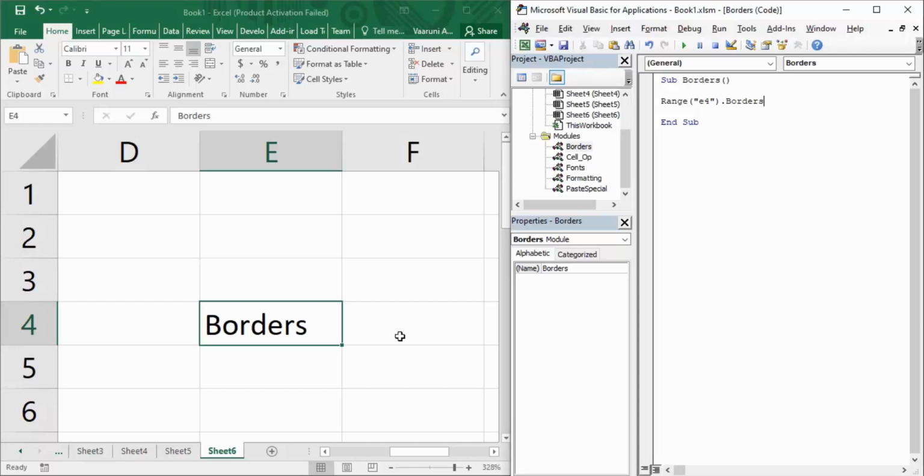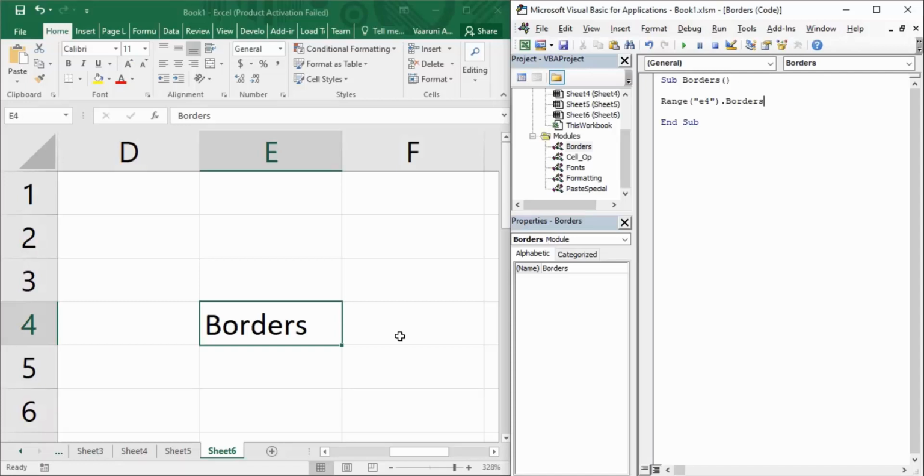To apply the basic borders, there are three main options that we must consider. First, the border style, that is, what is going to be the style of your borders. Second is the color of your borders, and the third is the weight, or the thickness, of your borders. So these are the three main options that we must concern ourselves with.